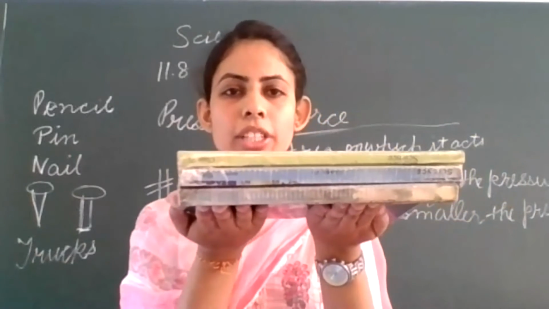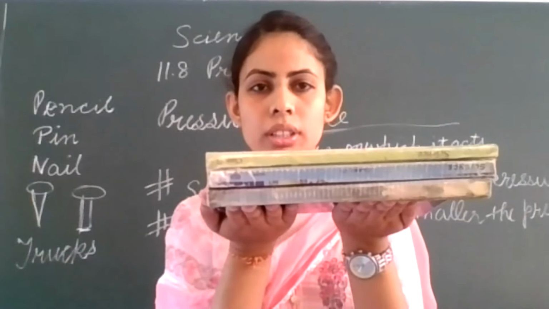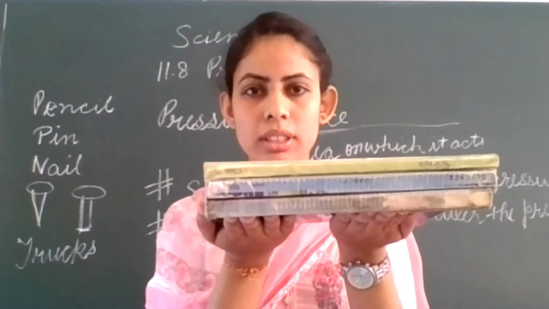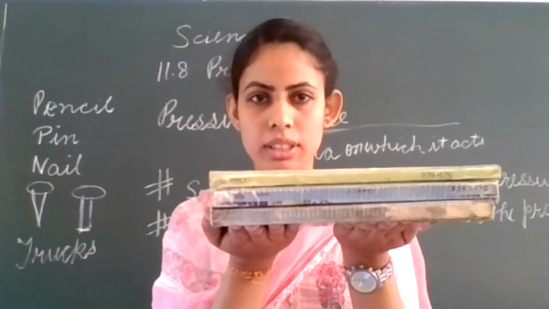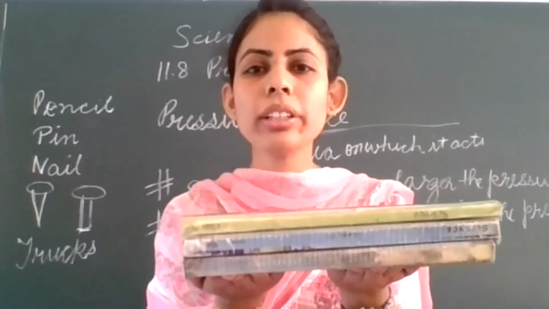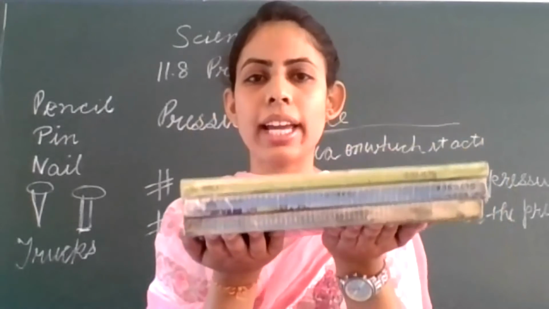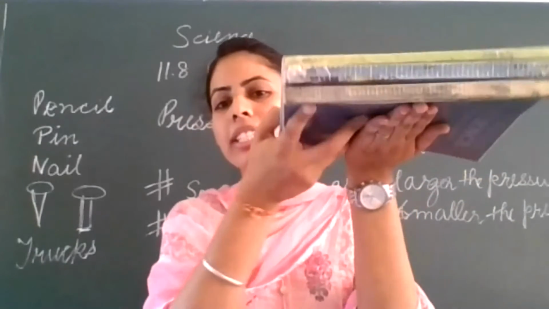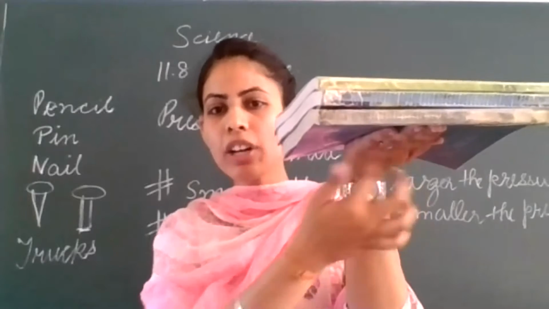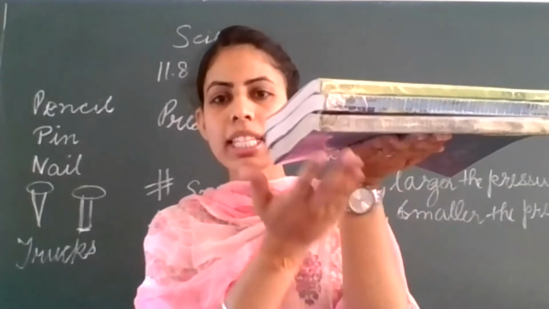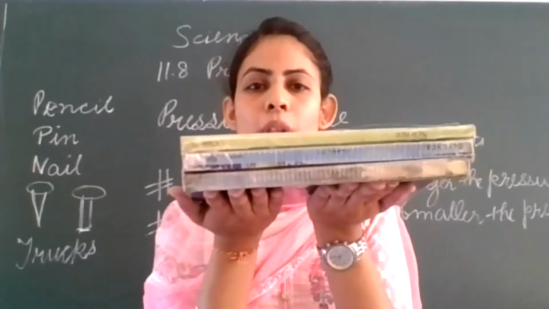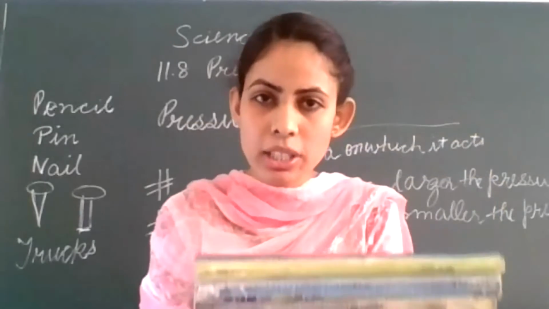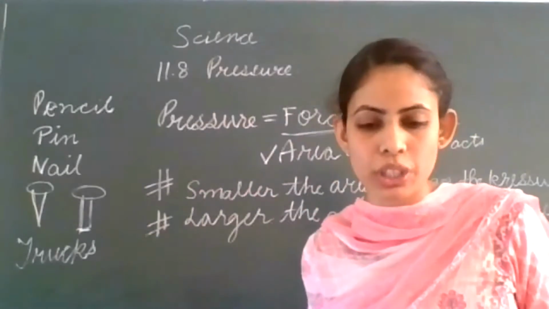Yes, Mahit, what is your observation? Ma'am, it will be easier to hold the books because the pressure is applied on both the hands. Now the pressure is distributed over two hands. That means the area of contact of books with my hand is increasing. Firstly, it is only with this; the area of contact is small here. If I hold it with my two hands, the area is increased, so I will feel less pressure.